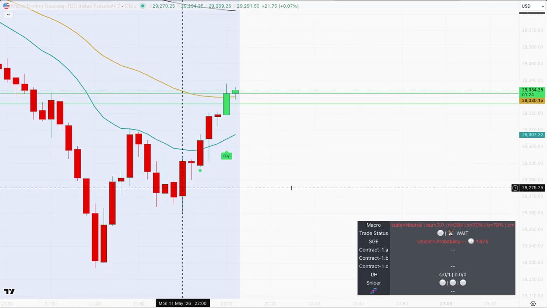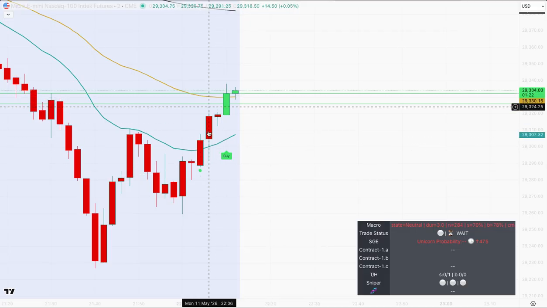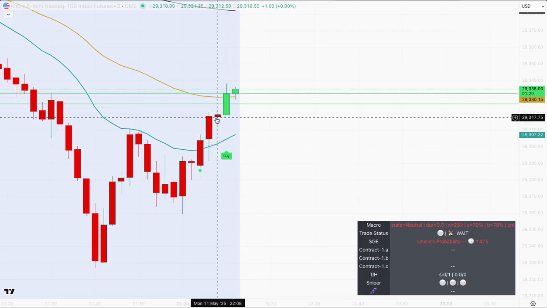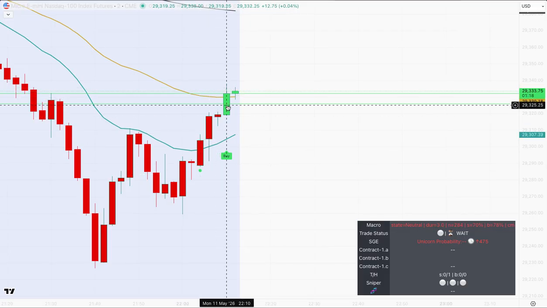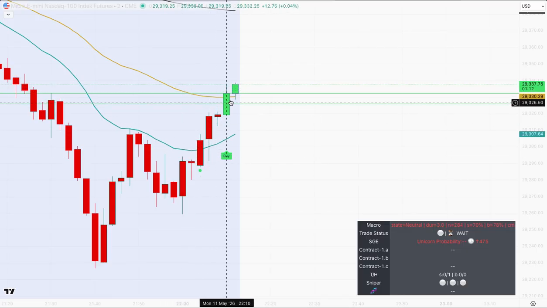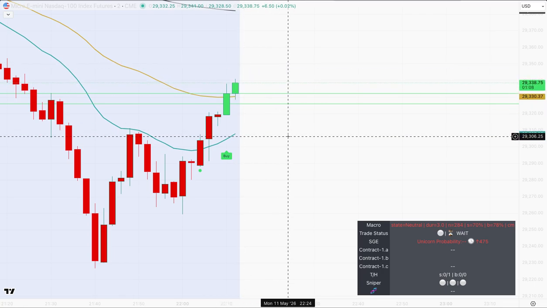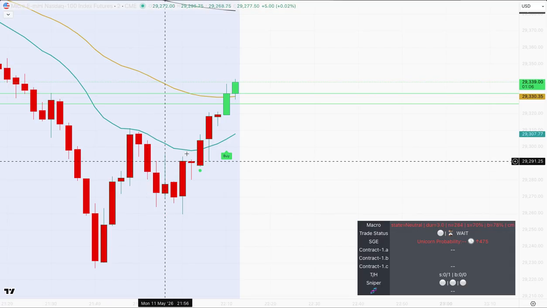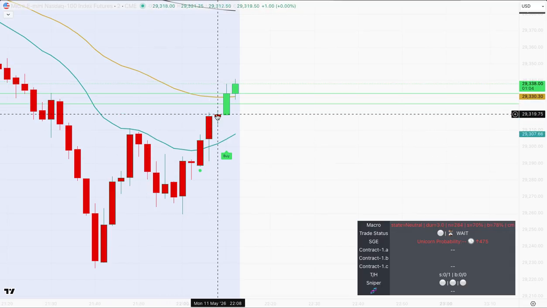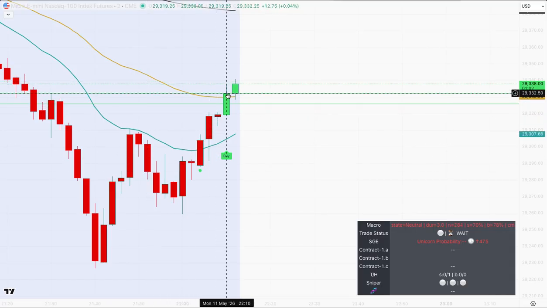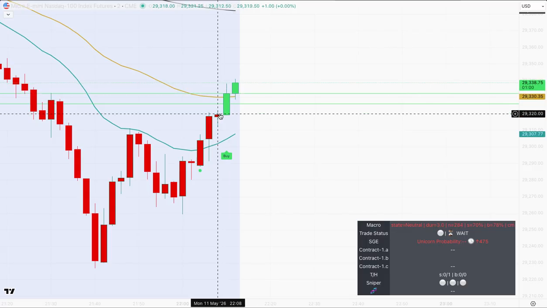The resistance line was somewhere down here. A1 printed, A2 printed. This is your A3 candle. Okay? Now, when this happens, normally the market will come up, then it'll reverse, come down a little bit, then go up, right? So you could enter, this is your A3 candle, you could enter here on your A2 close,